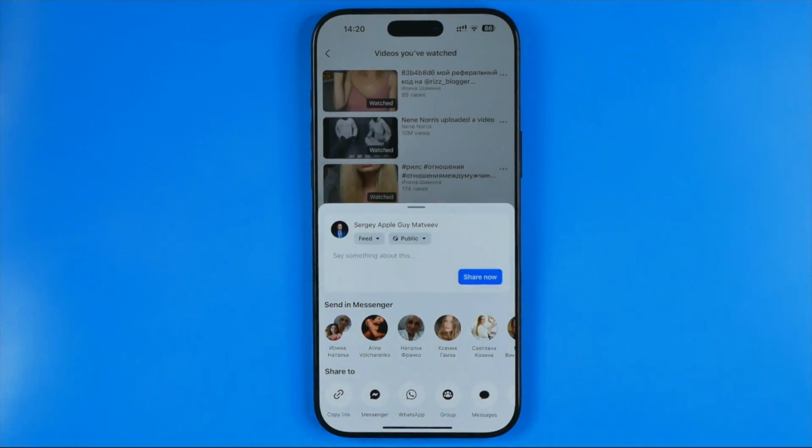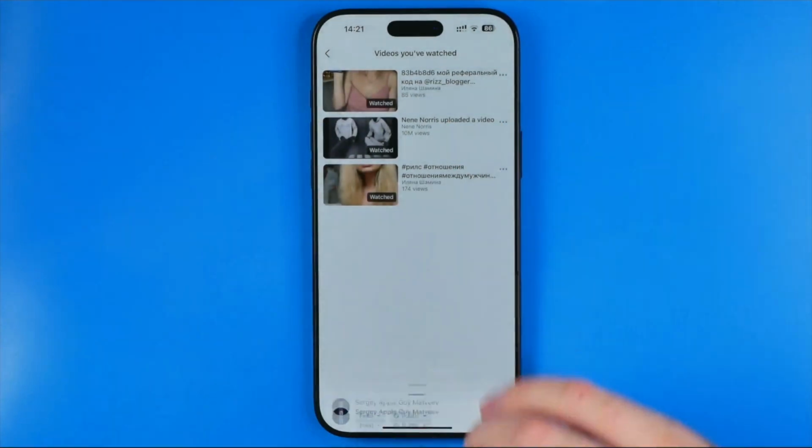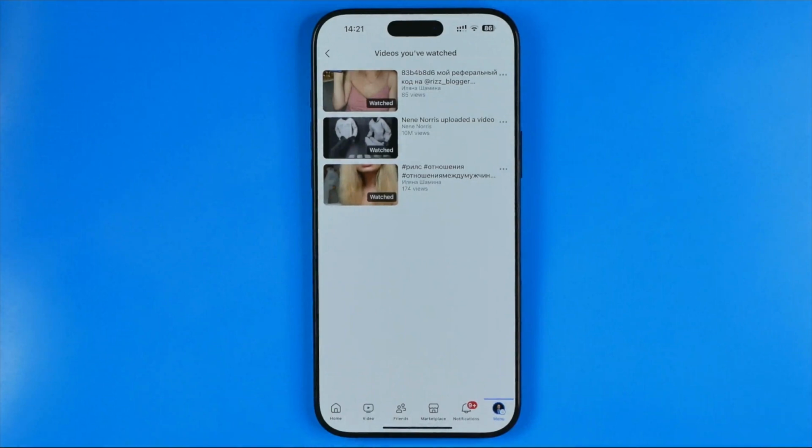That's basically how you can easily and quickly find recently watched videos on Facebook, and if this video was helpful for